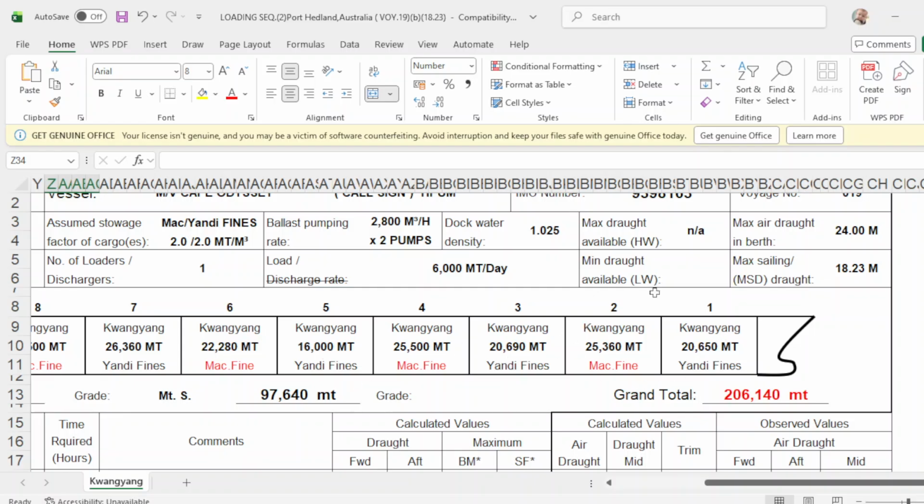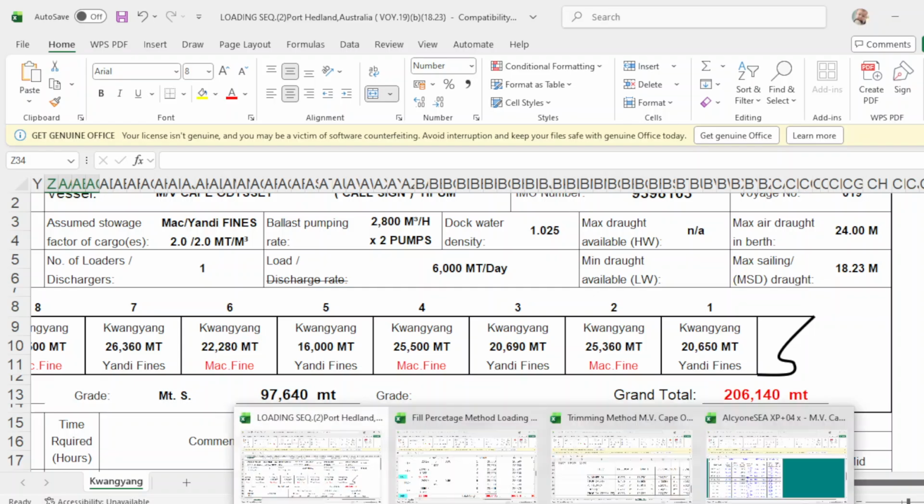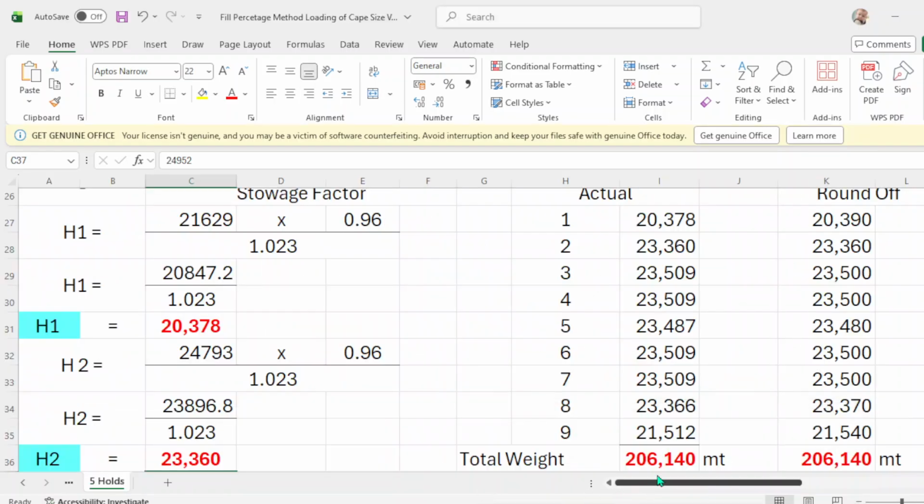This is by the loadicator, or the program for loading in the vessel, the ship's loadicator.